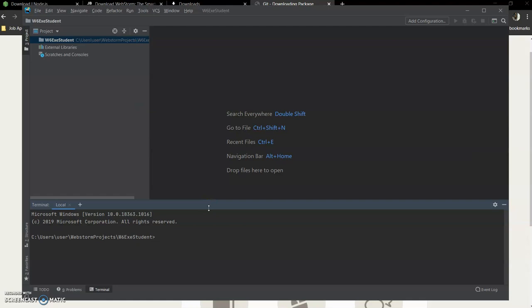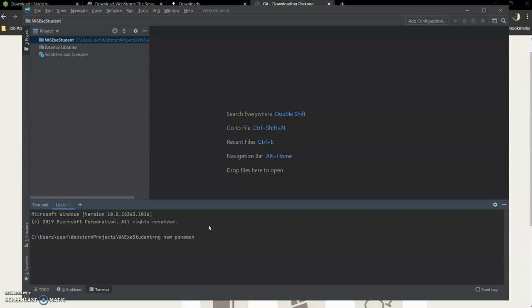Now we create a new project. In order to create a new project, we use the command ng new followed by the project name. Here we have Pokemon as our name of the project. So ng is our usual Angular command, and new identifies that we are creating a new project.